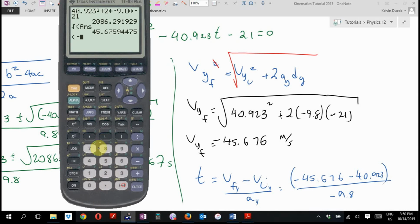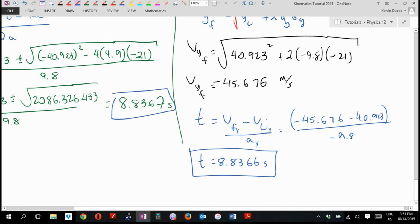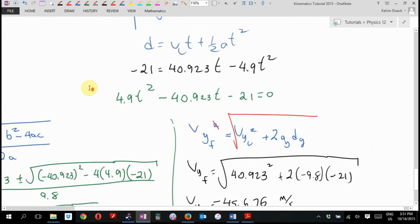Bracket, negative answer button, negative 45.7676, minus 40.923 divided by negative 9.8. Did it? Yeah. 8.8366. Yeah, we're not done. We spent most of our time finding time. It's not what the question wanted. The question wanted us to find the...